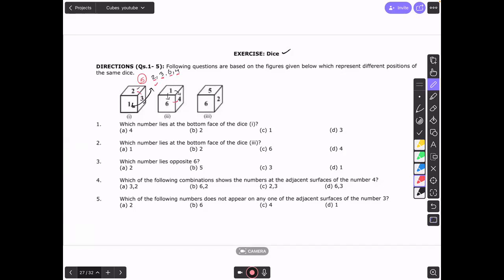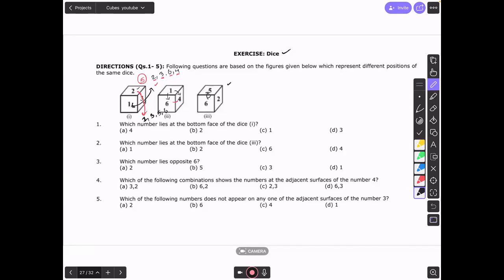Okay, similarly you check it up. What will be opposite to 3, or what will be opposite to 2? Let's start from this. So opposite to 2, what cannot be there? It cannot be 1 and 3 that is opposite to 2. Why? Because 1 and 3 are neighbors of 2. Okay, what else cannot be opposite to 2? 5 and 6, because 5 and 6 are also neighbors of 2.